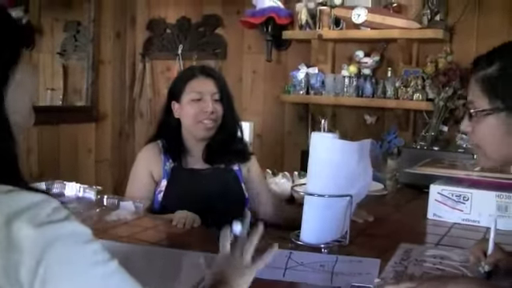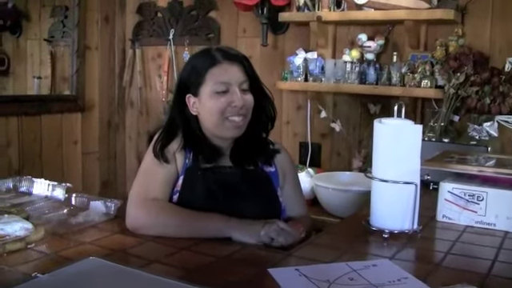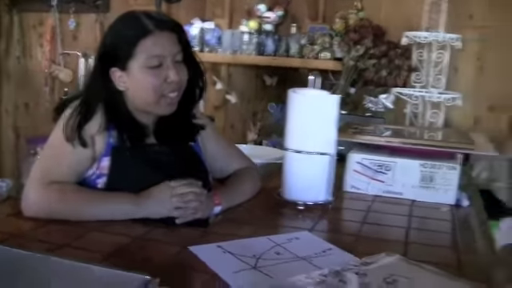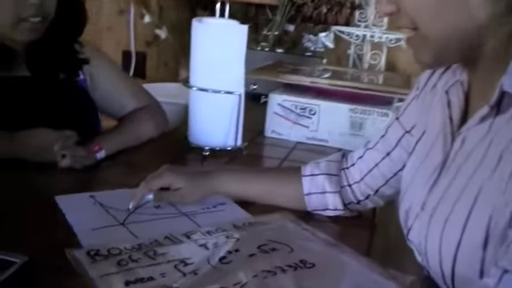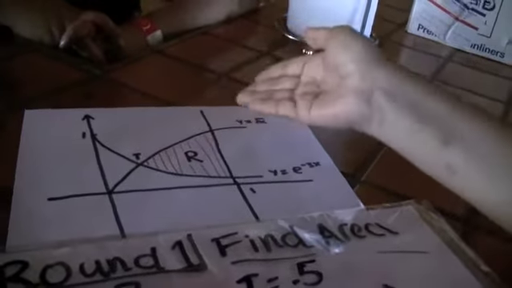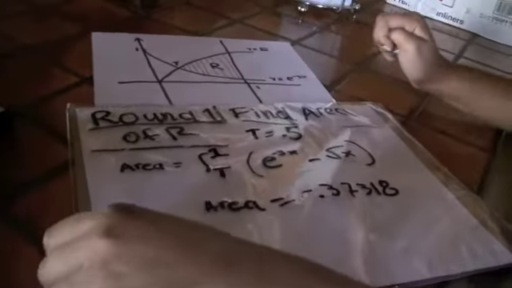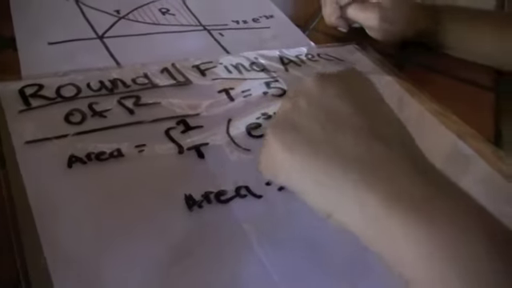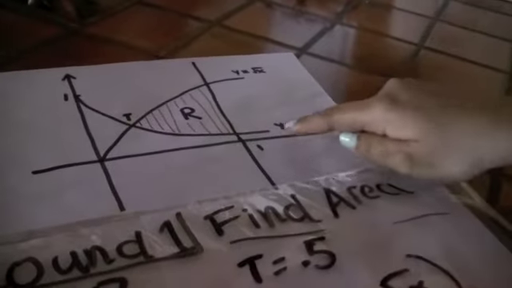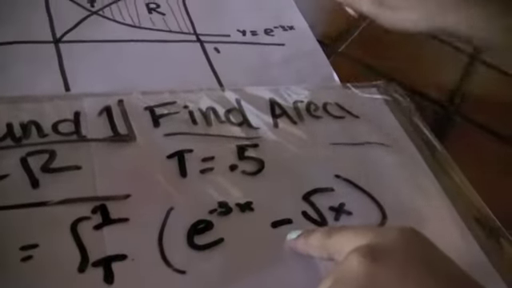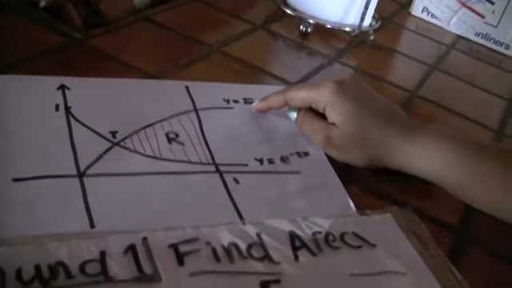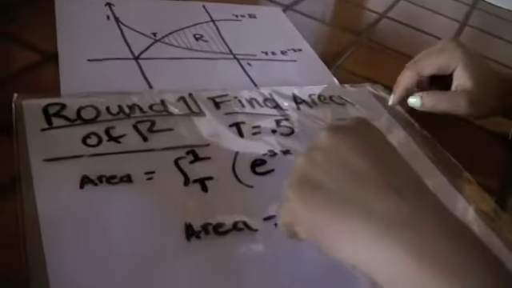All right, time's up. So, contestant number 1, what did you do to get your answer? So, first we'd have to find what T is, the intersection. Obviously, that looks like it's around 0.5. So, using my intuition, I put T equals 0.5. In order to find the area, we need to find the area between the 2 curves. So, since y equals e to the negative 3x is closer, it goes first. Then we subtract it from y equals the square root of x because it's farther from the x-axis. After I plug that into my calculator, I get area equals negative